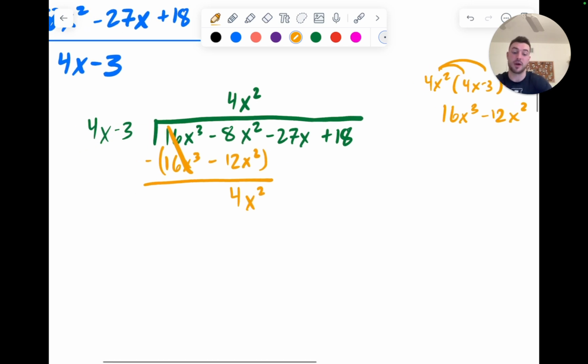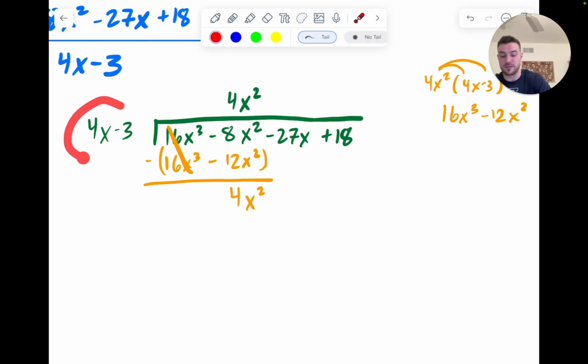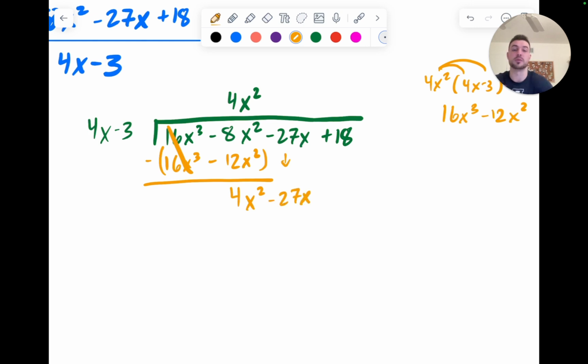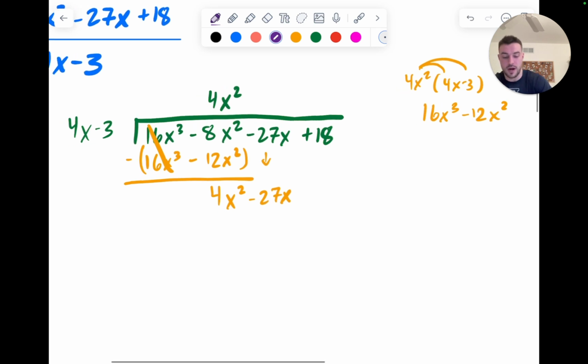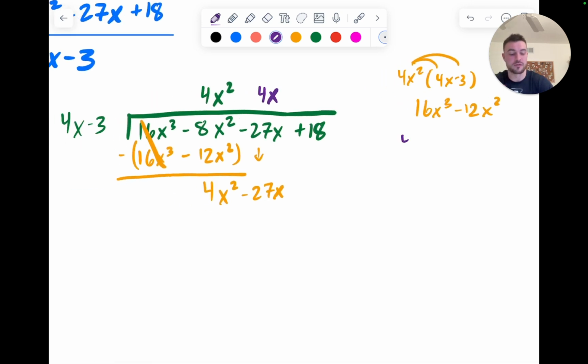So I'm going to keep the division process going, and because I'm dividing by something that has two terms, I'm going to drop the next available term in my polynomial. So now I want my 4x to get as close as possible to 4x^2. Well, luckily that goes in pretty evenly as well. I can multiply by 4x, and I'll show you that work on the side here. We've got 4x times 4x - 3. And I'm going to distribute in, and we get 16x^2